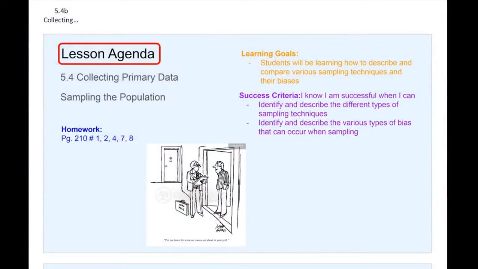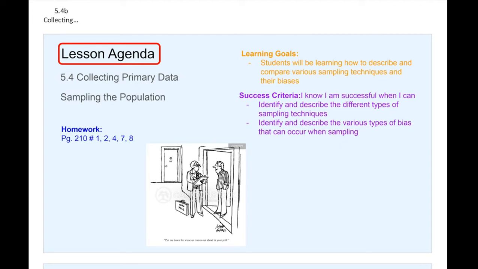In today's lesson, we are going to continue to look at how to collect primary data. And in this case, we're going to be looking at sampling the population. So we've talked about in previous lessons that in order to get a good representation of the population, you may have to use a sample. And there are benefits to using a sample, mainly being that it's cost effective to use a smaller group, and it's more easily managed, again, when you're dealing with a smaller group of people compared to